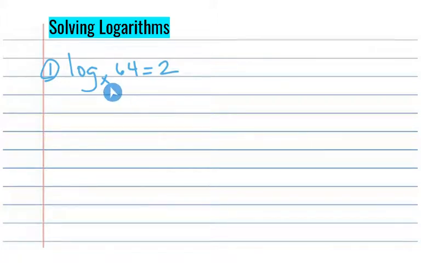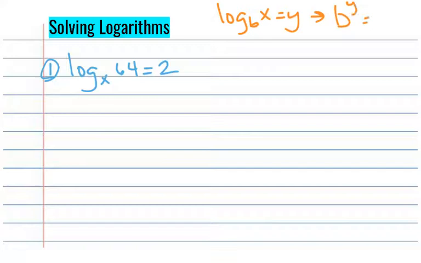To figure out what our base is, we're going to rewrite it as exponential. So let's just rewrite up here real quick what our little formula was. If we had log base b of x equals y, to make that exponential, it would be our base b raised to the y equals x. So let's apply that to our problem. We want to rewrite this in exponential. What's our base? Our base is x, raised to our exponent, which is the 2,